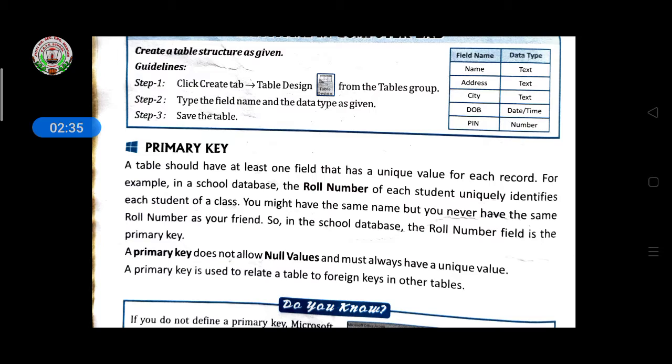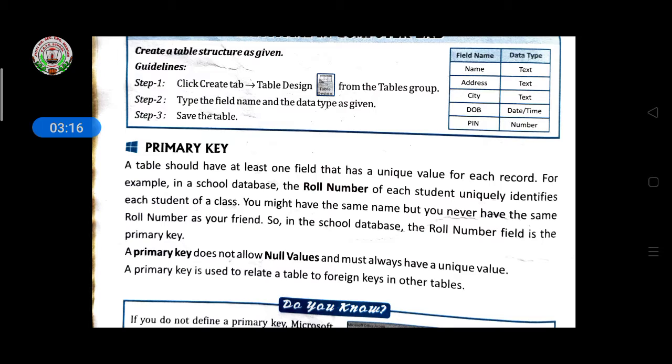But suppose you save the data in a table in a school database. This year you are in 8th, and suppose your roll number is 8101. Suppose 8101 means 8A. You are a student of 8A and your roll number is 8101. But next year you will go to 9A, and a 7A student will come, and their roll number also changes, and it will become 8101, the same.